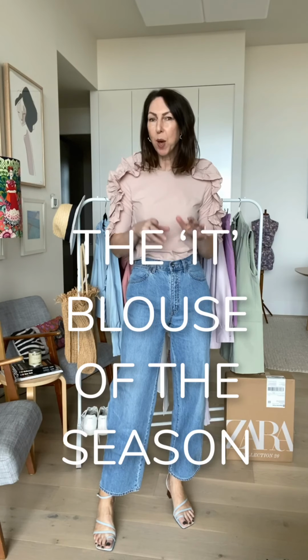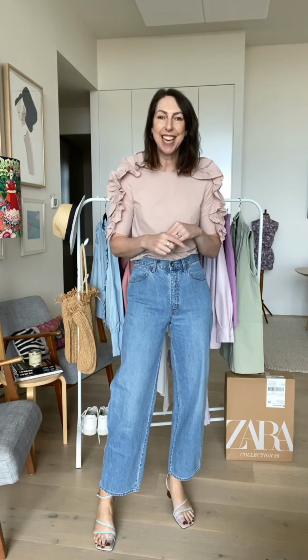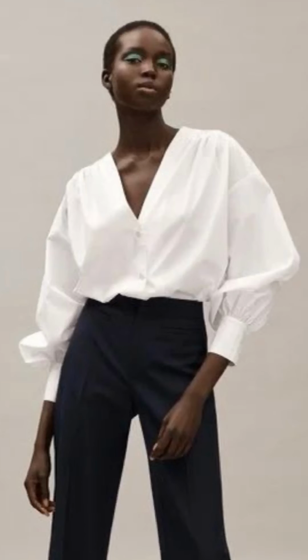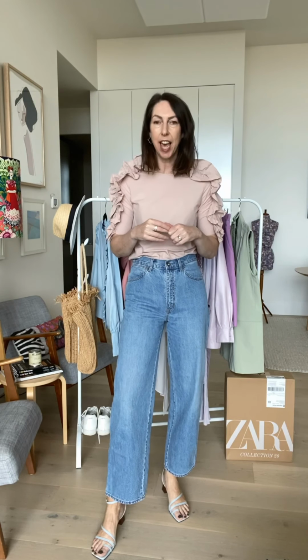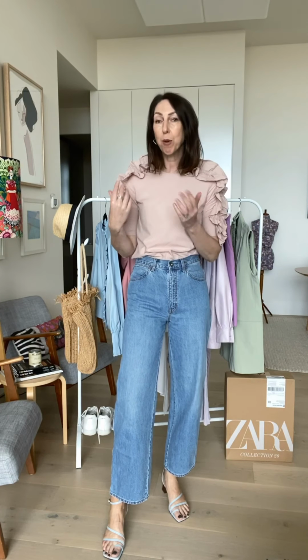I'm sure many of you have noticed in your local stores or online that big is back. Exaggerated sleeves, oversized collars, puffiness, frills, it's all back in fashion. And whilst it's a very pretty trend, it can be a very tricky style to wear, which is why I'm going to show you a few variations of this style if it's something that you would like to get into